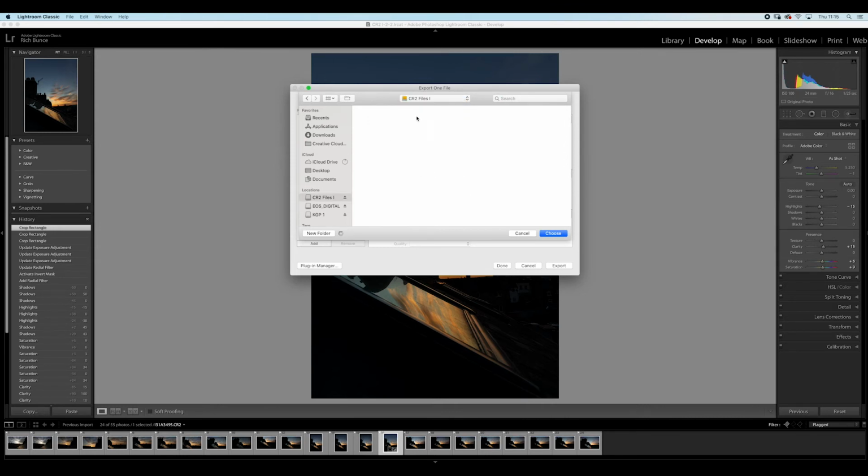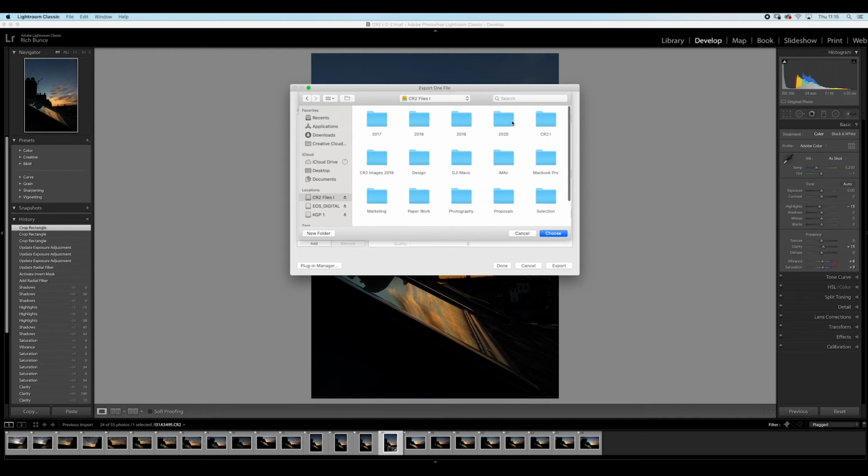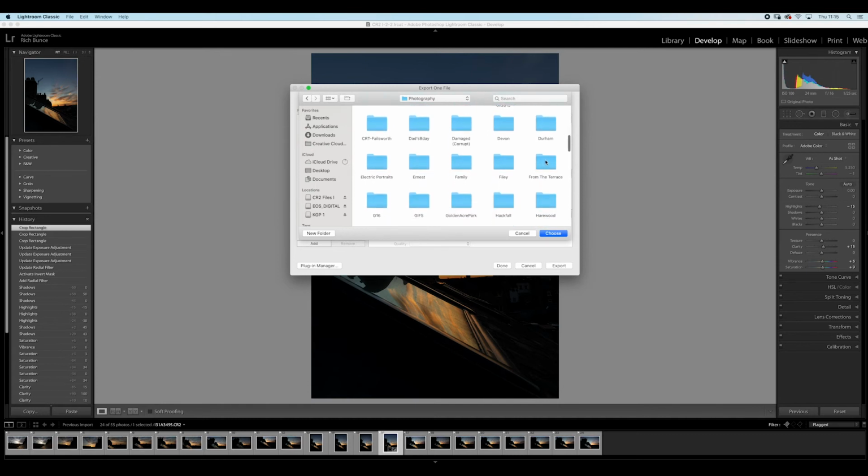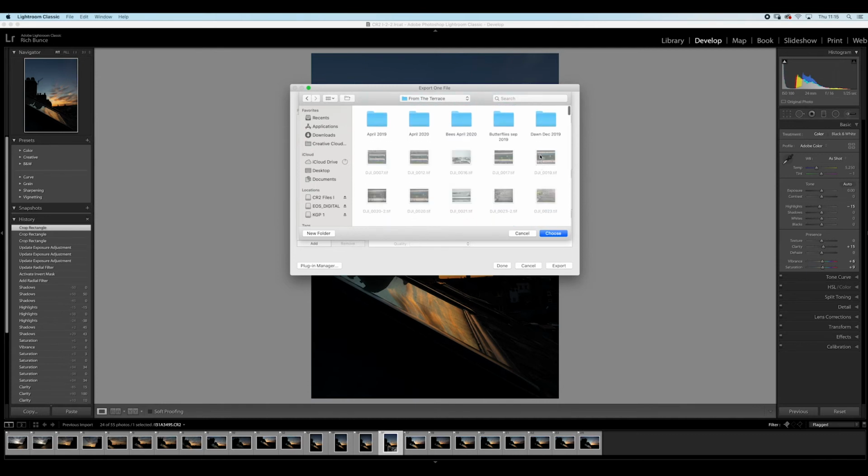So you can see for this, the files from the camera, they go into their years, okay? So 2020, and so on. So once I export the photos, they go into the folder called photography. Now this will go into a project called From the Terrace, which is interesting photos taken around our house that is in the middle of a Victorian terrace block. And then I'm just going to do